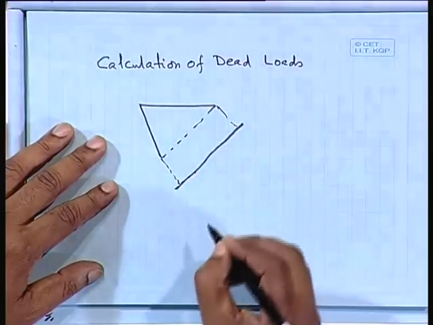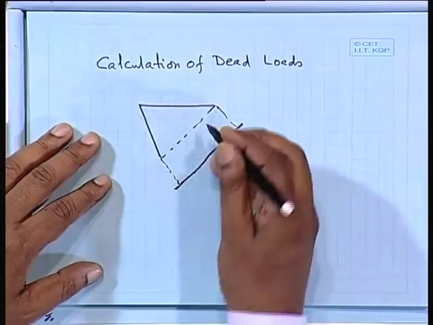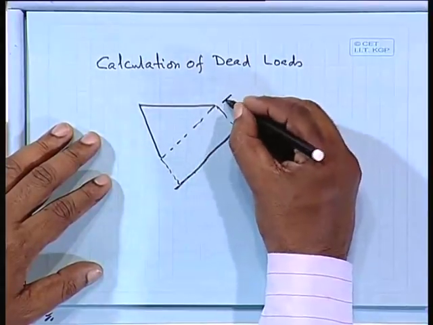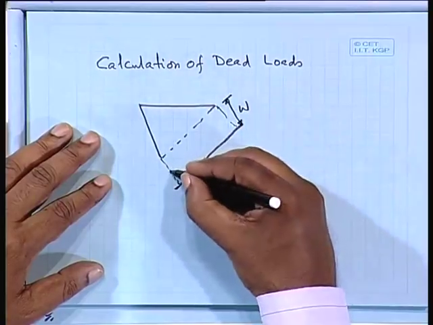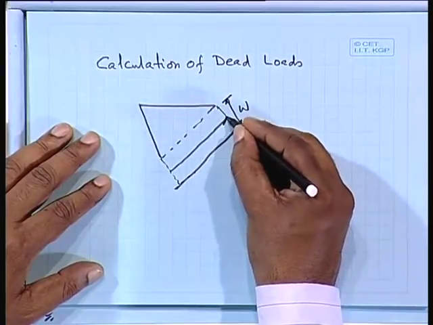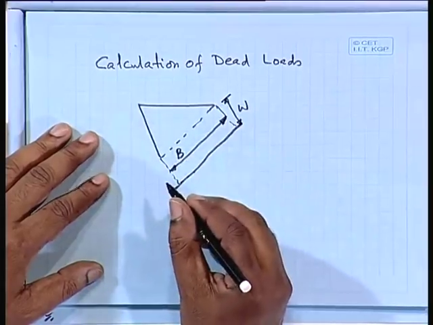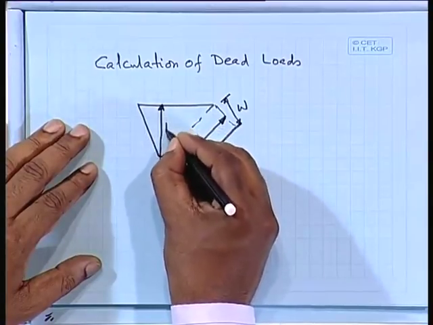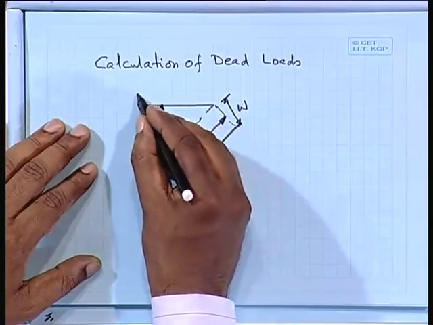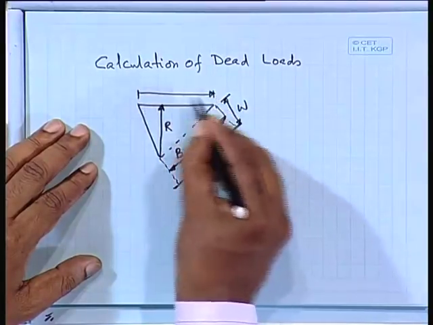So, this is your one step, we can take it. This is the one unit of the step which is having, say, your waist slab thickness W, and then we have rise R, this is your rise R, the T, the tread,